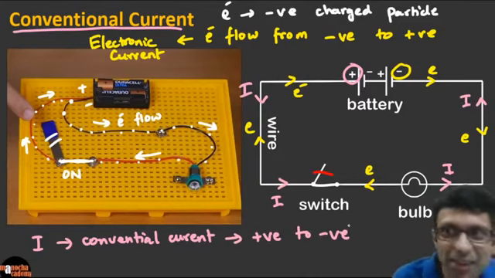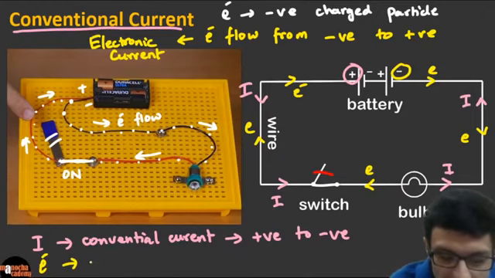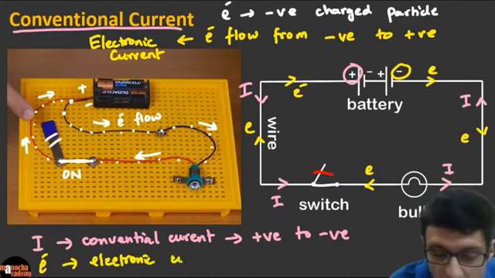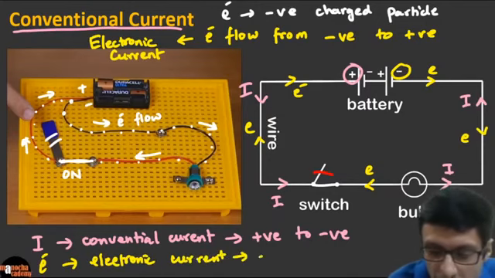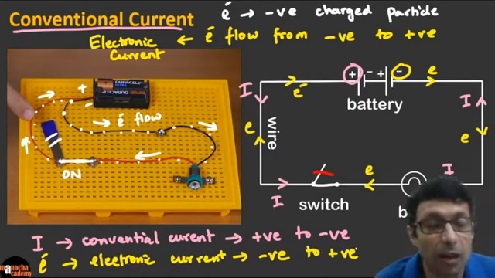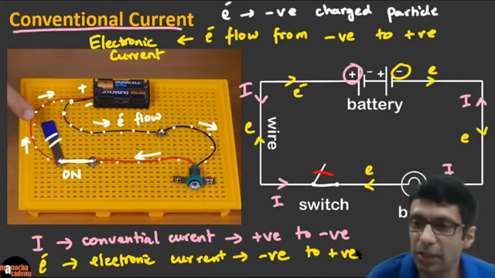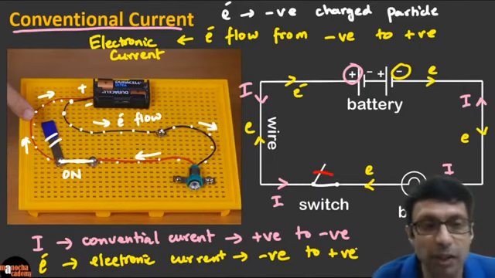Okay, can you see in the circuit I've marked it for you, right? I think my head is hiding the circuit, so I'm trying to dodge here. And guys, the electronic current, which is marked with the E, is from negative to positive. So they're opposite. Okay, so the question is, why this confusion? Which one should we use, guys? Electronic current is from negative to positive. So please remember that it is the conventional current that is marked. It is conventional current that is important, and it is usually marked from positive to negative.